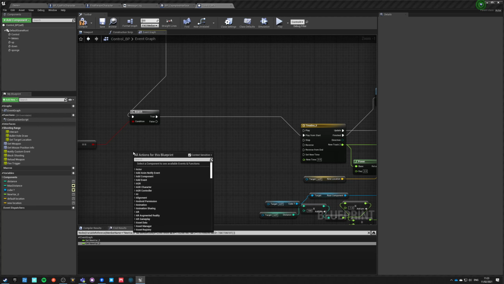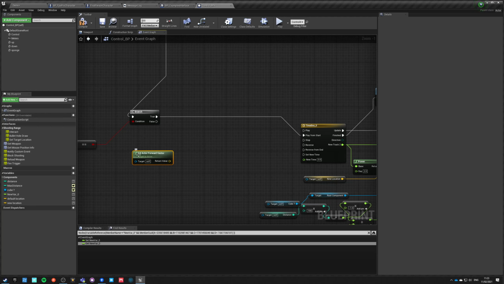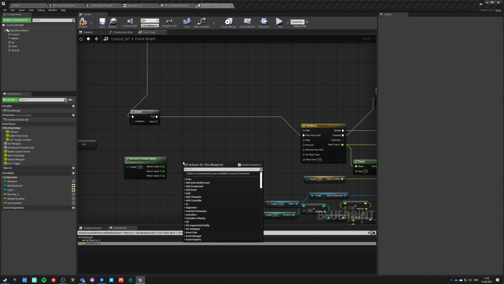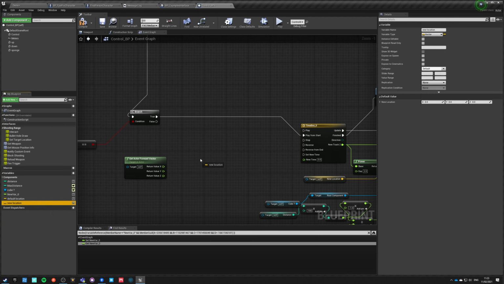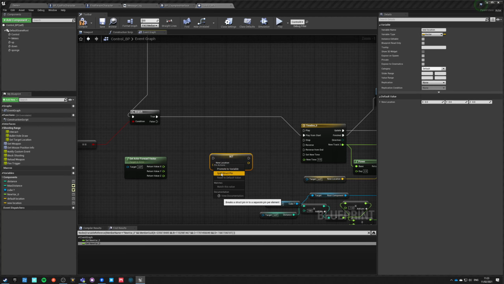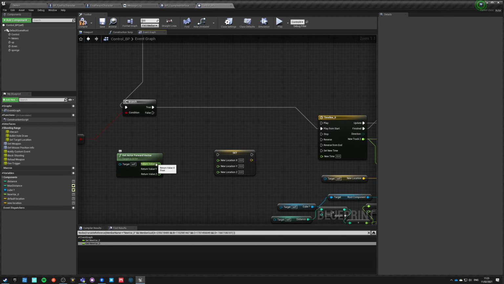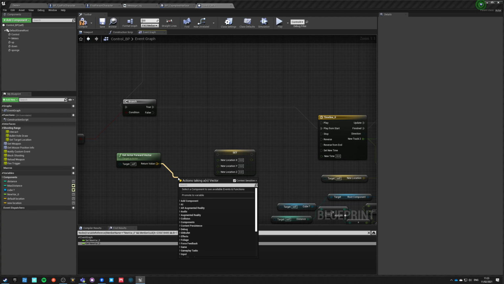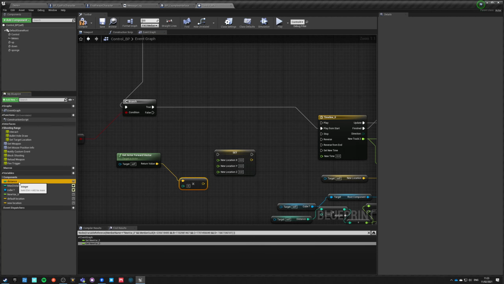We're going to get actor forward vector, and we are going to split this vector and then set new location, which will also be a split vector, and recombine structure pin, and then this has to be multiplied by the distance,